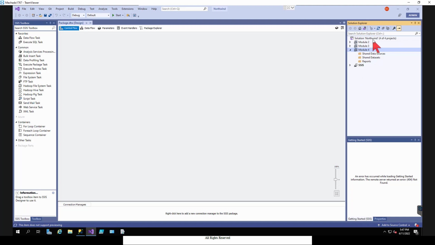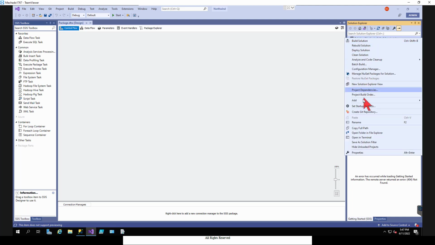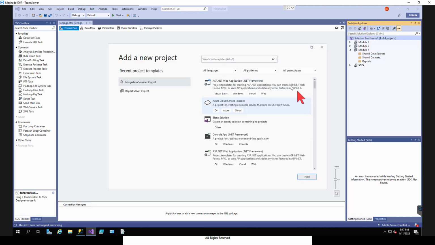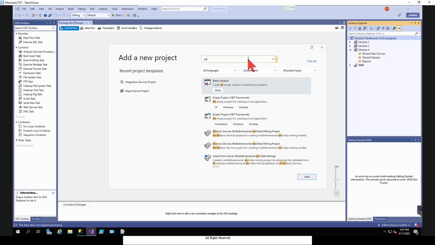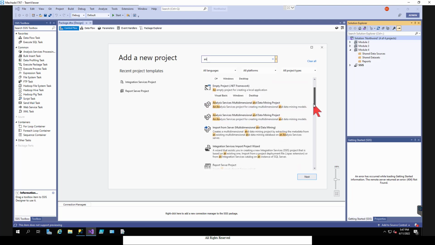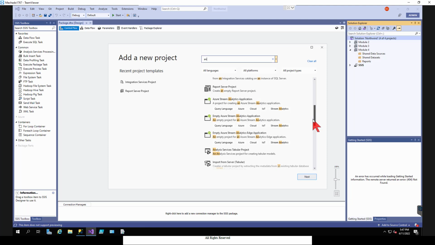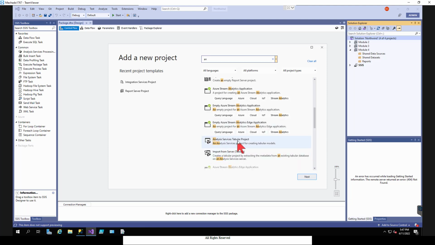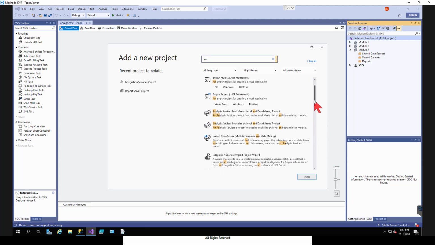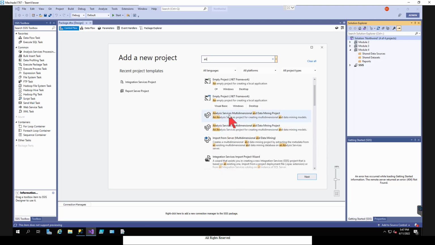I'm going to add one more by just right-clicking, and I'll choose New Project, and this is going to be Analysis Services. I'll just type the letters AN. And there's Analysis Services Multidimensional and Data Mining Project, and that's what I want. We also have the ability to support an Analysis Services Tabular project if we scroll down, but I don't want a tabular project. What I want is an Analysis Services Multidimensional Data Mining Project. So I'll choose that,